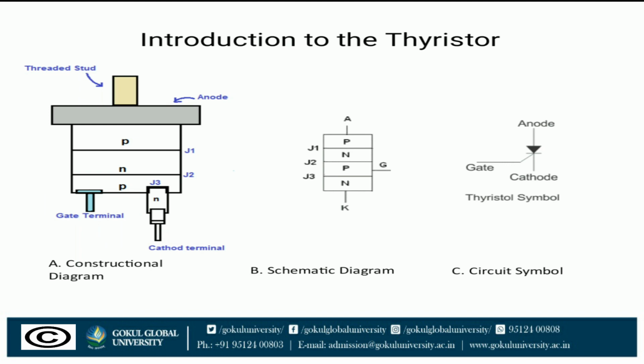SCR rating has improved considerably since its introduction in 1957. Now SCRs with a voltage rating of 10 kilovolts and an RMS current rating of 3000 ampere, with a corresponding power handling capacity of 30 megawatts, are available. Such a high power thyristor can be switched on by a low power supply of about 1 ampere and 10 watt, and this gives us an idea of the immense power amplification capability, in the ratio of 3 into 10 raised to 6, of the device.